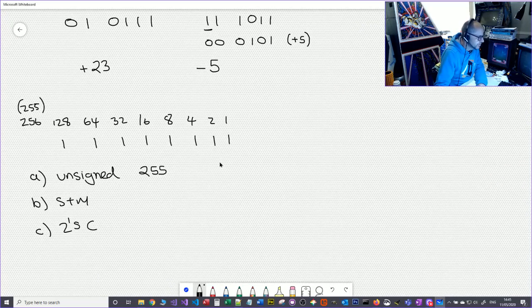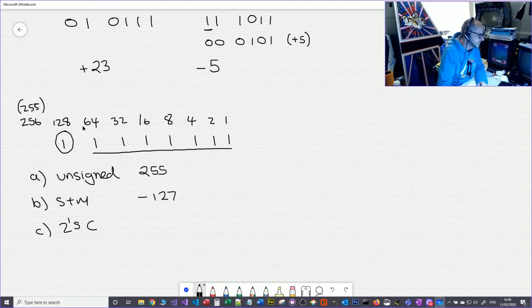Scroll that over a little bit. For sign of magnitude, I go straight to this and I say, whoa, sign bit. It's a negative number. And then I read the remainder of the bits because they contain the magnitude. Now that would be the largest negative number in 8-bit sign of magnitude, which we know is minus 127, one less than the sign bit column. In 2's complement, we look at it and we go, oh, it's negative, but we then go, whoa,